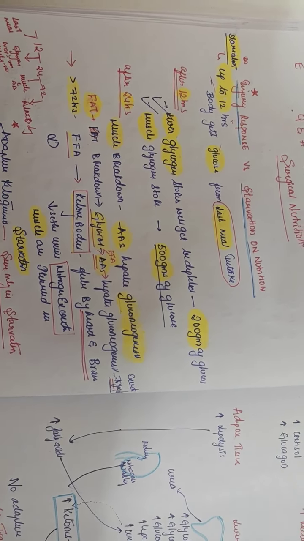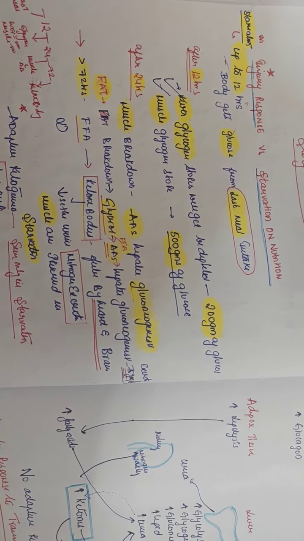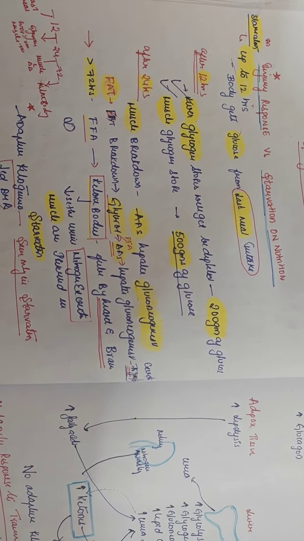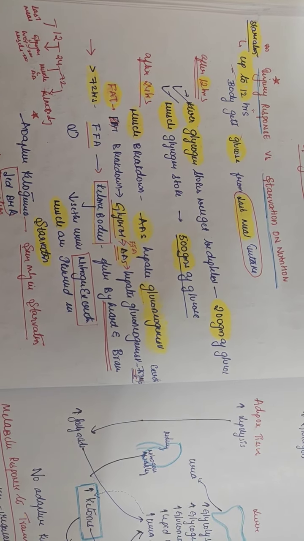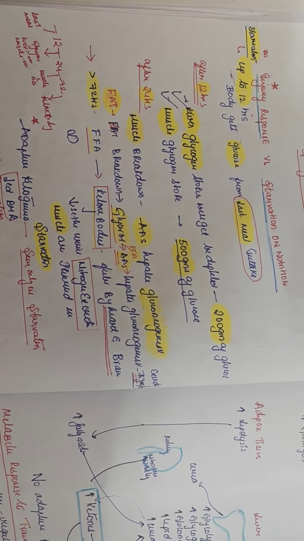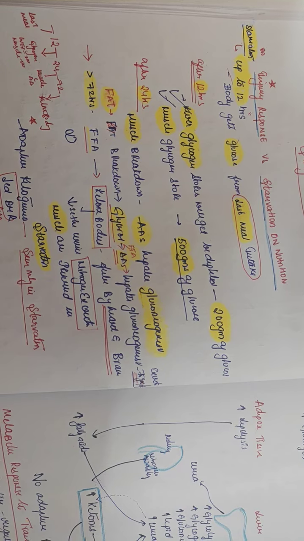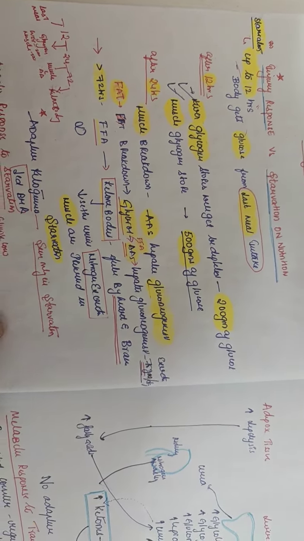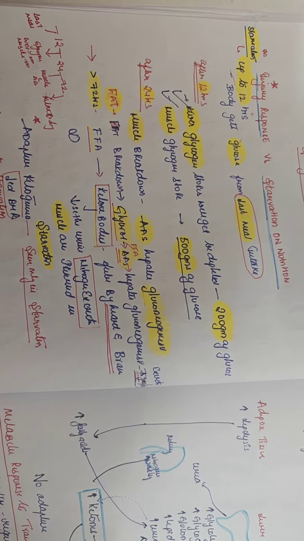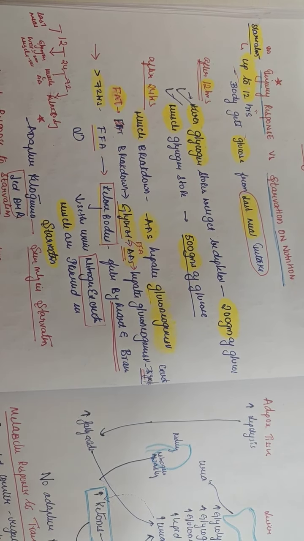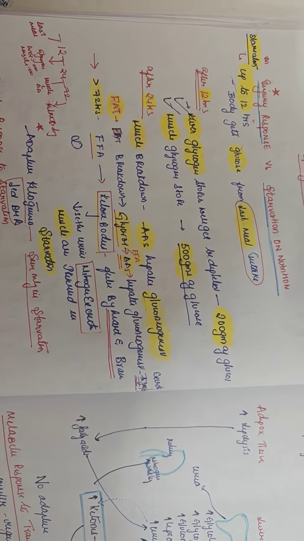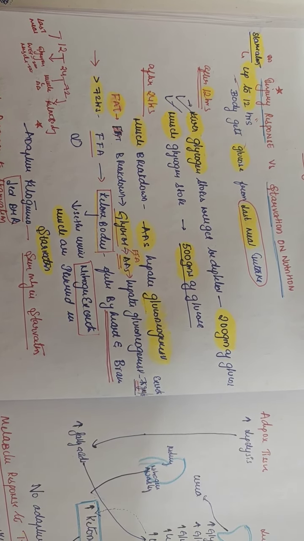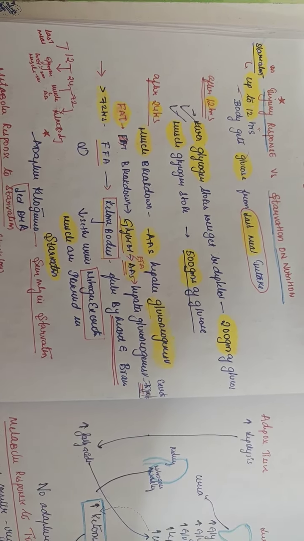Next, after 24 hours, the muscle breaks down and amino acids are formed, and these amino acids go to the liver for hepatic gluconeogenesis. Even the fat breaks down, the glycerol and free fatty acids are formed, and the amino acids convert into glucose through hepatic gluconeogenesis. During this, per day, 75 grams of nitrogen is excreted, and that should be avoided.